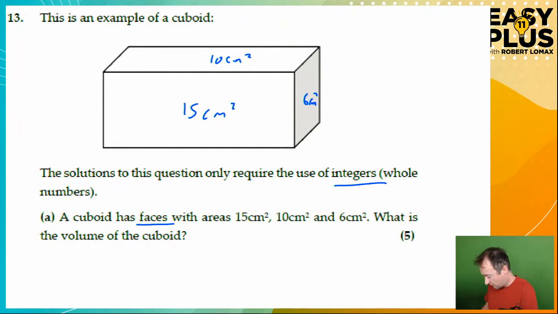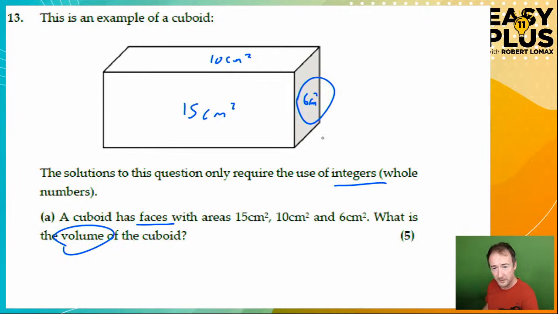Now, to find the volume of this cuboid, we need to know what the width, height, and depth are. You could call the width the length as well if you wanted to. You can call it anything you want to, A, B, C. And to find these, well, what are we going to do? Well, this face here, the smallest one, which is 6 centimetres squared,